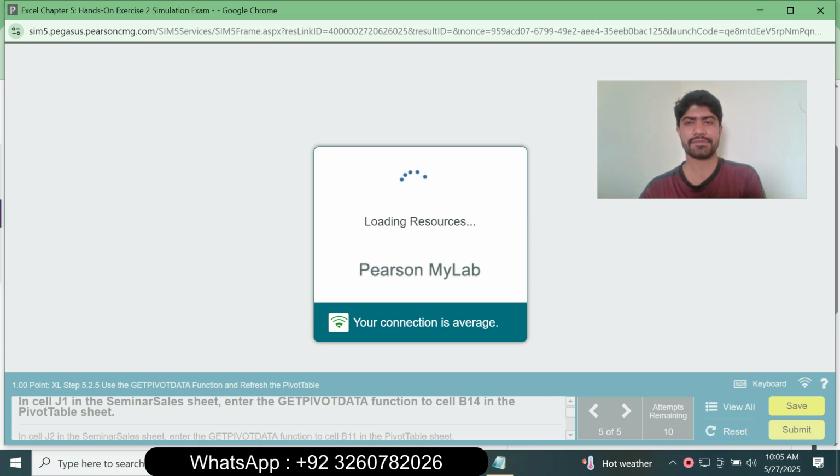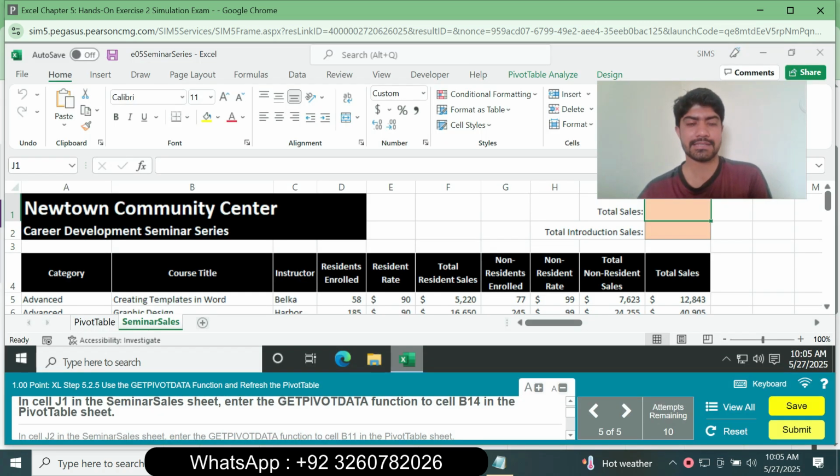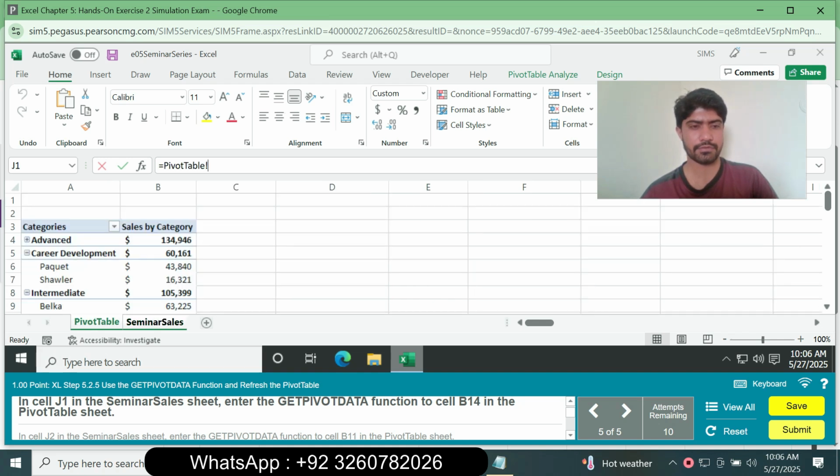So question number 5 is: in cell J1 in the Seminar Sales sheet, enter the GETPIVOTDATA function for cell B14 in the PivotTable sheet. In cell J1 type equal to, and go to the PivotTable worksheet, cell B14